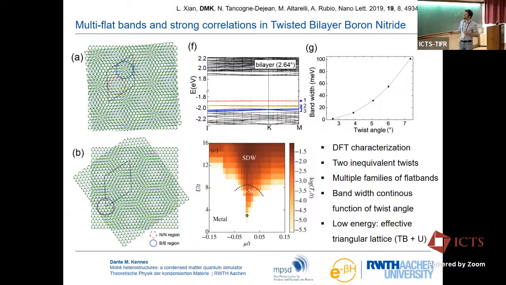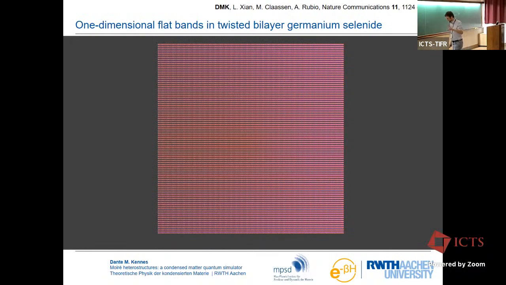And you see, okay, you can go into a metallic state when interactions are too small, at these temperatures, to stabilize collective order. Then at very large interaction, you, in this method, find that there's some spin density wave order emerging. And at intermediate interaction strength, where the spin density wave is not rigid enough to quite form, but you have lots of fluctuations in this order, we actually stabilize an unconventional d-wave superconducting state. All right, so that was one thing that we could do. We could go from graphene, carbon-carbon, to taking boron nitride.